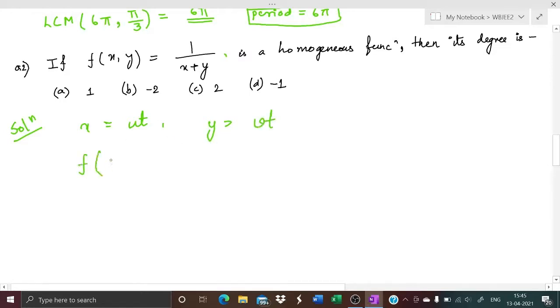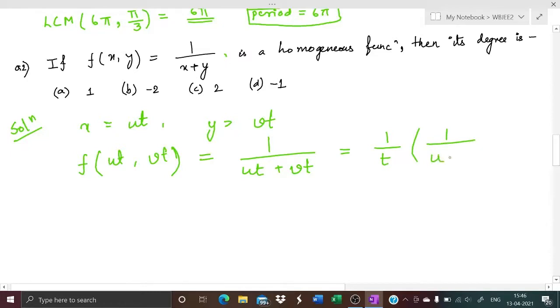So I will find f of ut comma vt, that would be equals to 1 by ut plus vt, that would be equals to 1 by t into 1 by u plus v. I have taken t common, and that can be written as t to the power minus 1 by u plus v. Okay,